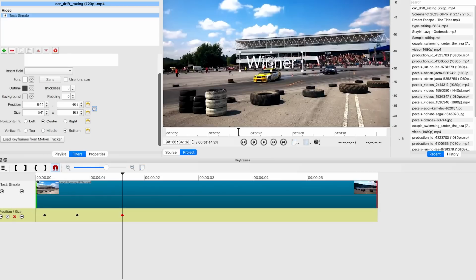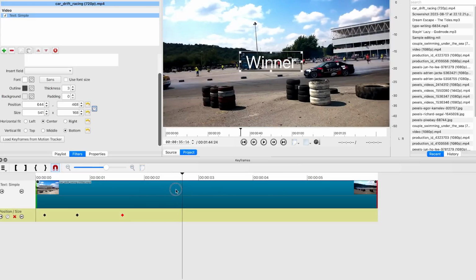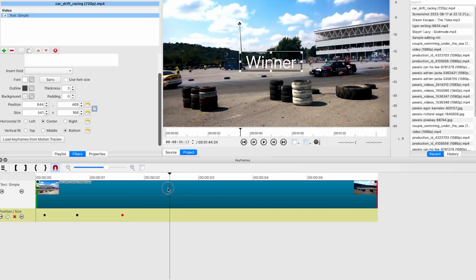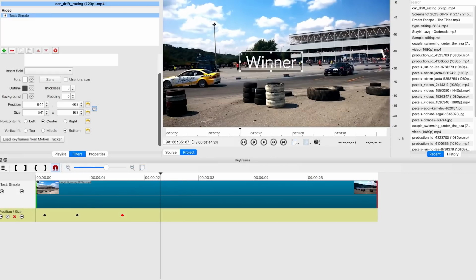Okay, this is the winner, and then we can play the video one more time up to here, for example. All right, up to here, as it is just about going out. All right, so we can still move the winner up to this point, maybe even make it bigger. All right, so we can make it bigger up to this point, and then maybe after here